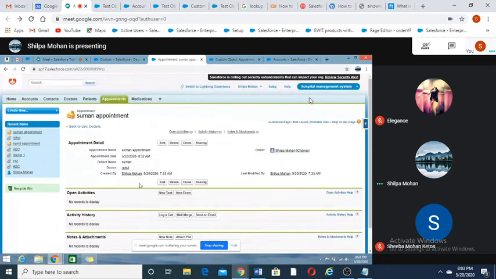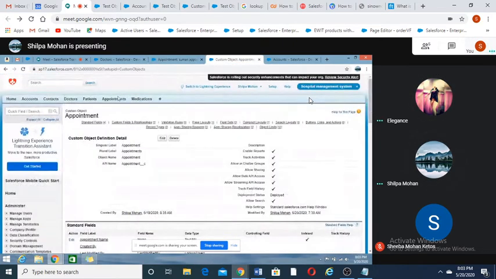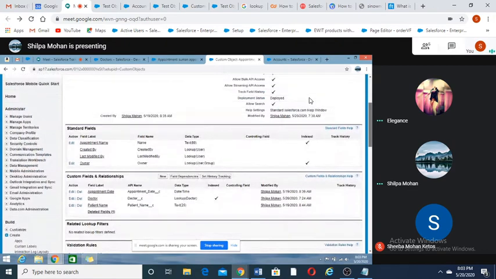Okay. So Suman, what did you understand by this? I understood this data entry work that you have done. You have created the appointment. Okay. I'm asking, how did you create lookup relationship between appointment and doctor? So for creating lookup relationship, here we have decided that appointment should be child and doctor should be parent. Why doctor should be parent?